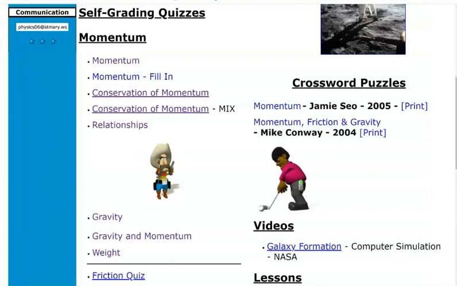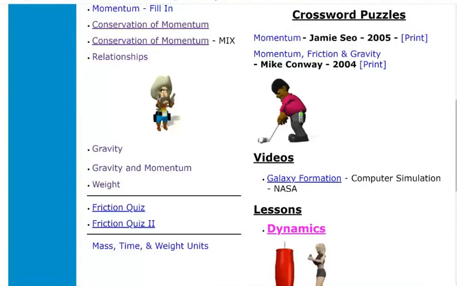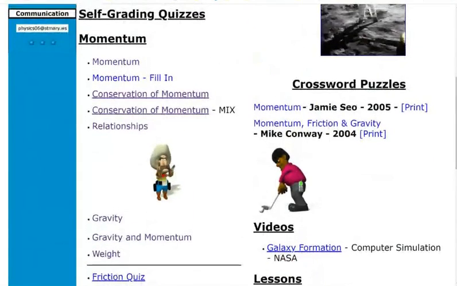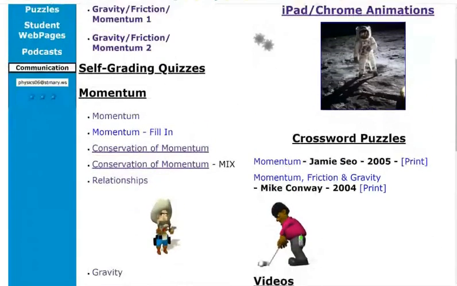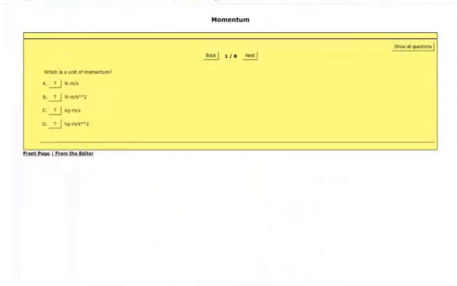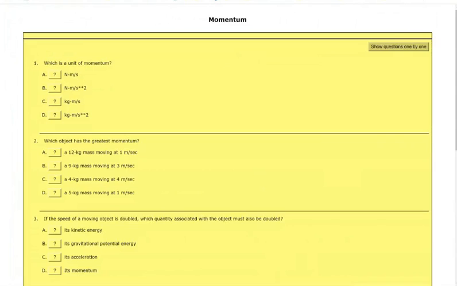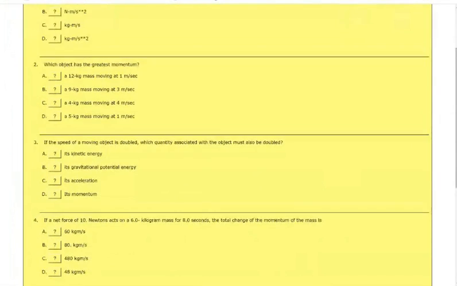I'd love to do a total momentum before and after question, because we know it's going to be on the test and we know we're going to get that. Let's see if we can find one of those and let's show them all. Let's see if I can find it. Oh wait, here's one.